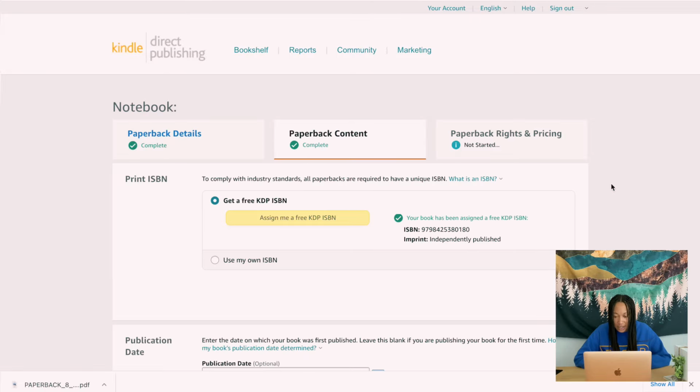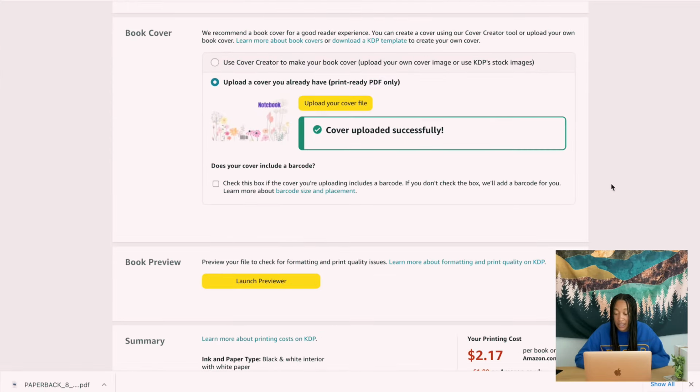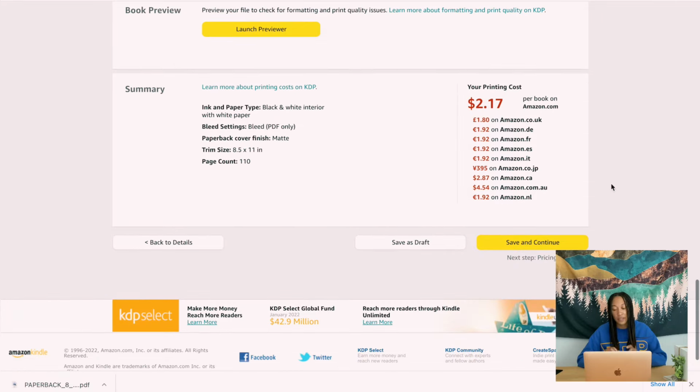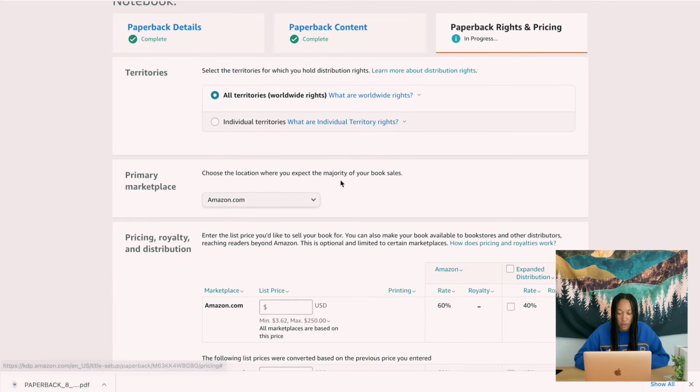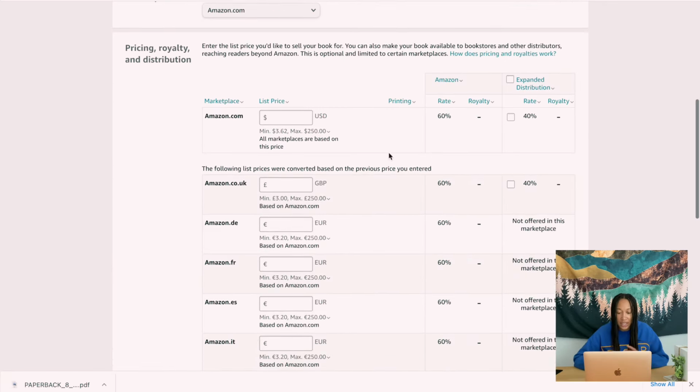Perfect. Okay, so now that I've actually approved it, I can set the price for my book. And this is a good part because you can set the price for your book. It'll also show you what they're going to take, so you know what your take home is going to be when a book actually sells, which I love. So I want it available in all territories that Amazon sells to, and I can start kind of putting in